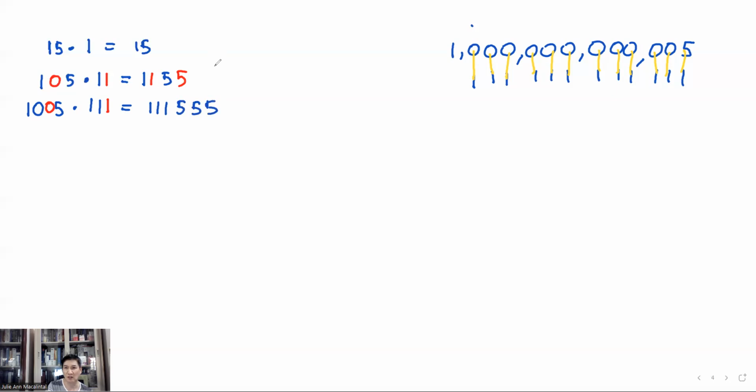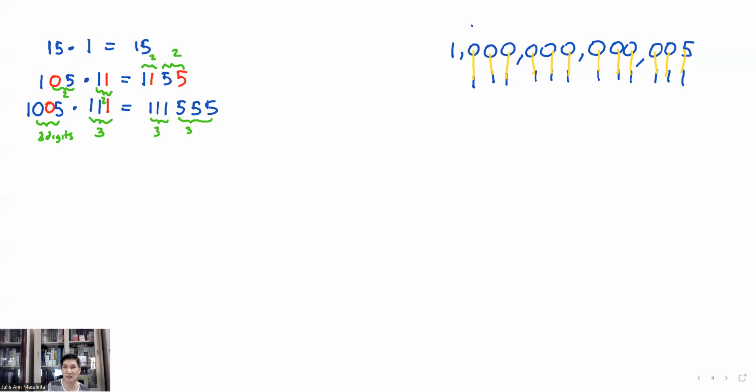So we can see here we have 3 ones and 3 fives, 2 ones and 2 fives, right? So we have here 3 digits, right? And then we have 3, 2, then we have 2. Okay,